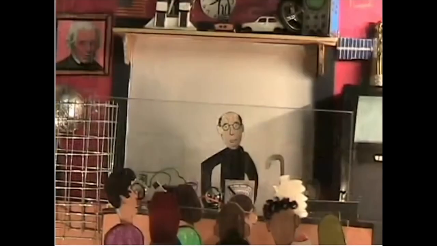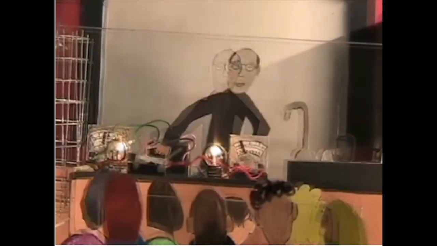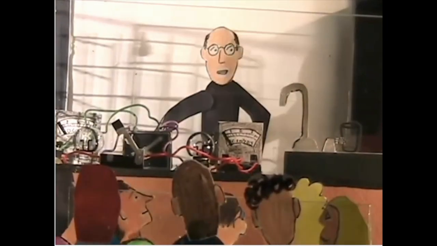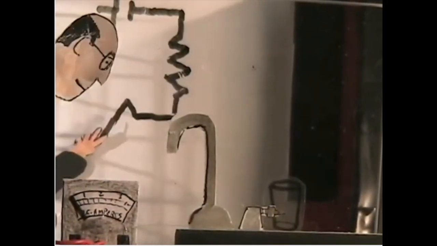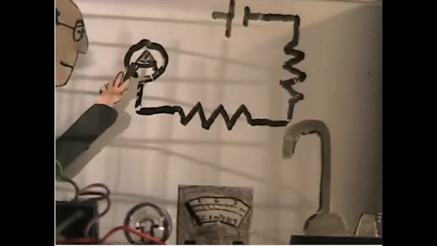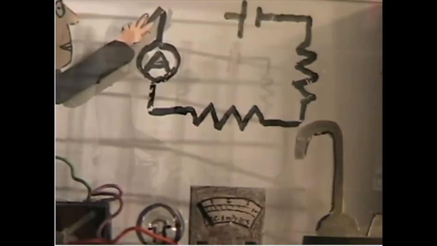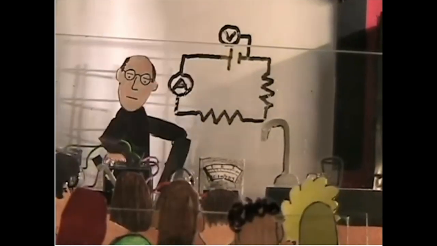Today we're going to study the electric circuit. Here's a simple one. It consists of a battery, 2 light bulbs, and a switch. A voltmeter and an ammeter read the voltage and the current respectively. A schematic diagram of the circuit looks like this: resistance, or light bulbs, and the ammeter. The voltmeter measures the voltage drop across the circuit.